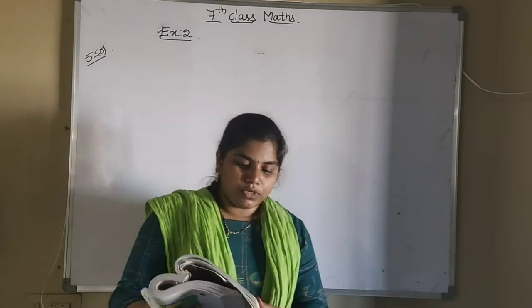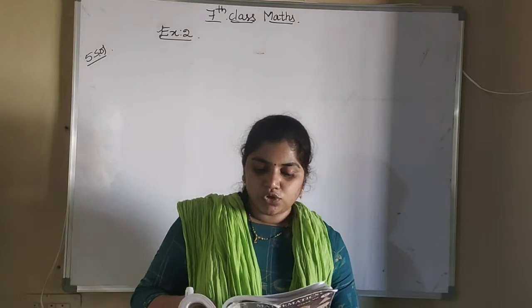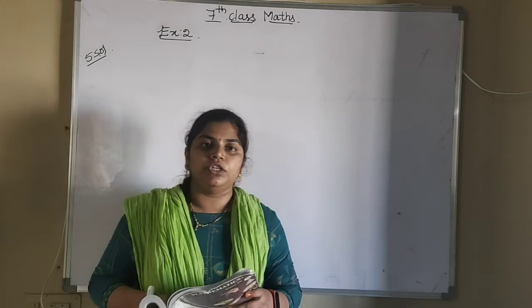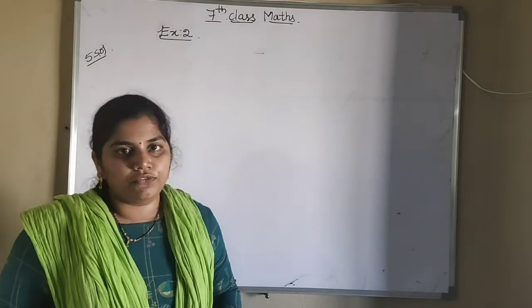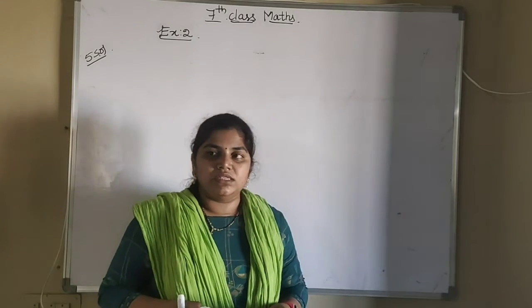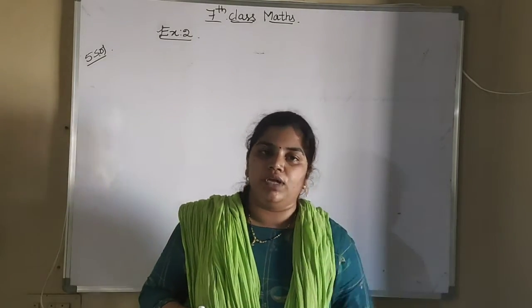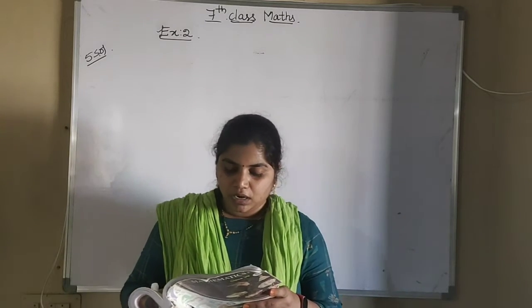So what is the fifth question? A disaster relief team consists of engineers and doctors in the ratio 2:5. Already I told you about ratio. Ratio is nothing but ordered comparison of same quantities. In the same way, the ratio result will be in the form of multiples of the given numbers. If there are 18 engineers, find the number of doctors.